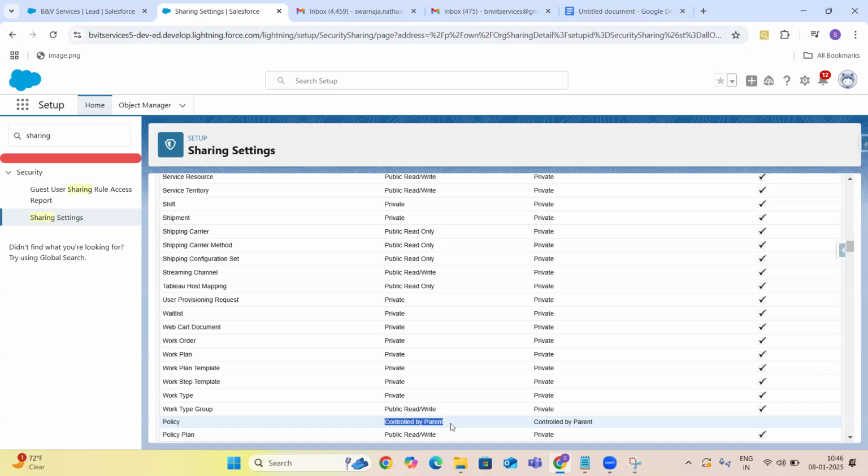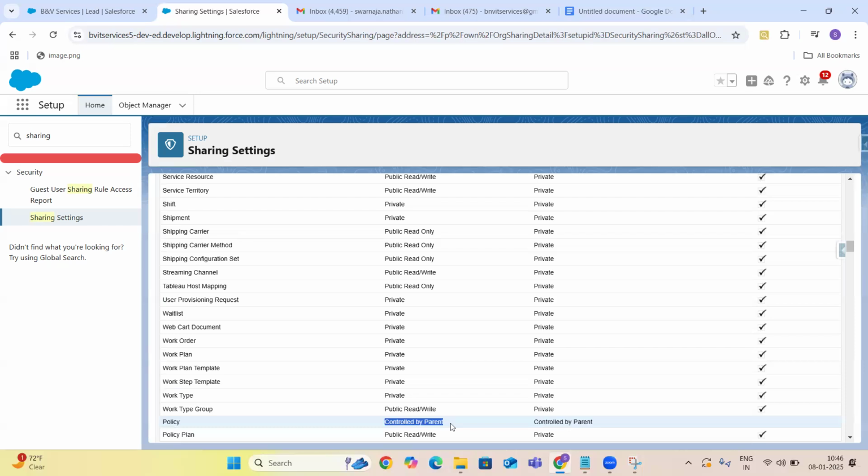And here again a question will come up, guys. Policy has two master details, right? One is for account and another one is for policy plans. Both account and policy plan are the parents for policy, right?